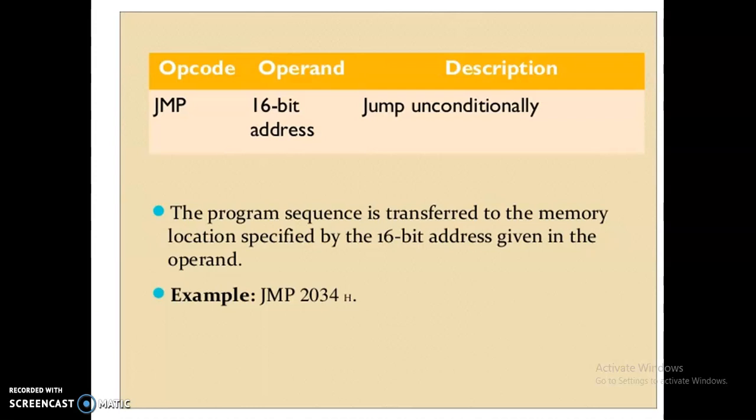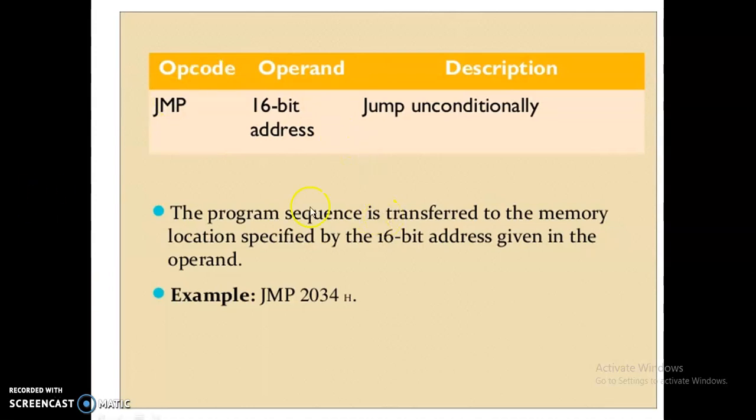This is one example for the jump instruction, JMP. Opcode is JMP. Operand is a 16-bit address. It may be anything; according to your program, you choose your address. Jump unconditionally. This instruction is an unconditional jump instruction. Without checking any condition, it transfers control to the specified memory.